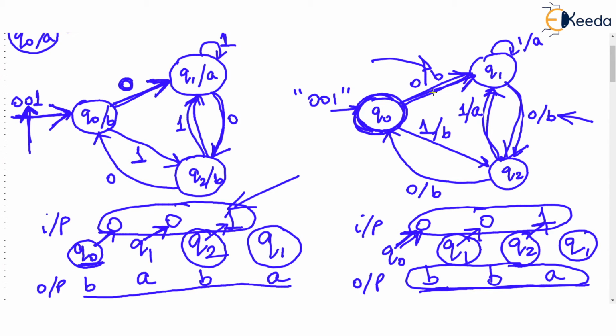By the way, coming back to the Moore machine, the first output produced when the machine starts in Q0 is an extraneous output, but it is still produced because once the machine enters any state, output is produced. Therefore, we get n plus 1 symbols for n input symbols in a Moore machine. But in a Mealy machine, for an input of size n, we get an output which is also of size n.